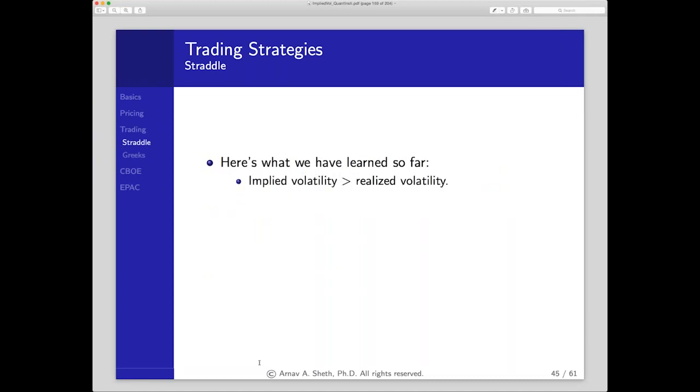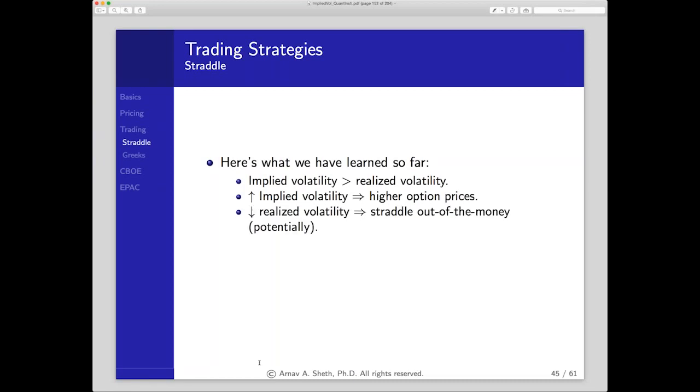But do we buy a straddle or do we sell a straddle? Let's take a second to think through this, all right? So what have we learned so far? We've seen that implied volatility is generally greater than realized volatility. The greater the implied volatility, the higher the option prices, right? Because implied volatility reflects options prices. So if implied volatility right now is greater than realized volatility right now, options are overpriced. And if implied volatility is greater than realized volatility, that means realized volatility is lower than what options prices reflect,